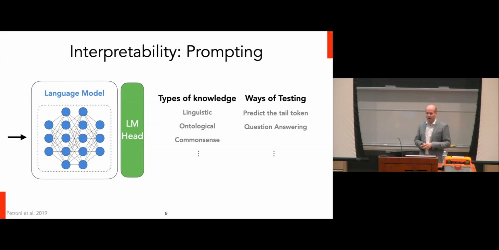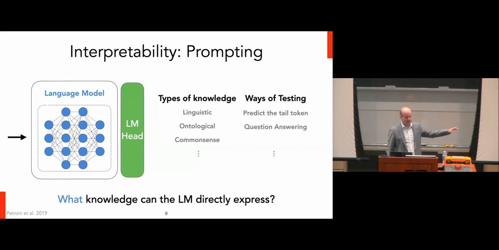In fact, when we talk about interpretability from a machine learning perspective, we're typically completely abstracting away from these processes that are actually going on in the network and really formulating it as some sort of memory access. In general, we prompt the model with a specific sequence of tokens, and this maps through some sort of process that we ignore to a specific output that is supposed to represent that the model actually understood what it was being asked. Essentially, the question that's being answered is, what knowledge can this language model directly express when it is prompted for that information?